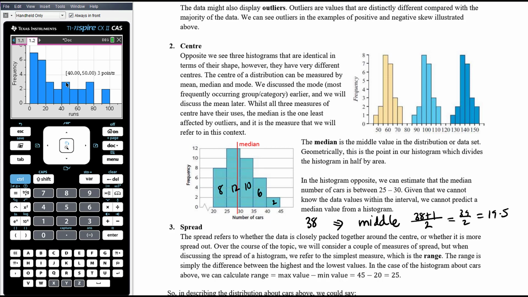So somewhere between the 19th and 20th piece of data. Now, this diagram has drawn the median to the right of that bar because, okay, the 20th piece of data, there's 8 bits of data in there plus 12 bits of data in there. That means there's 20 bits of data between here and here. So because 19.5 is very close to 20, the line for the median has been drawn close to the edge